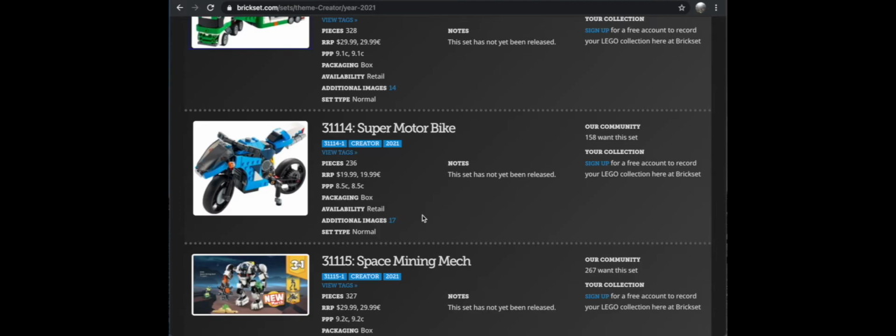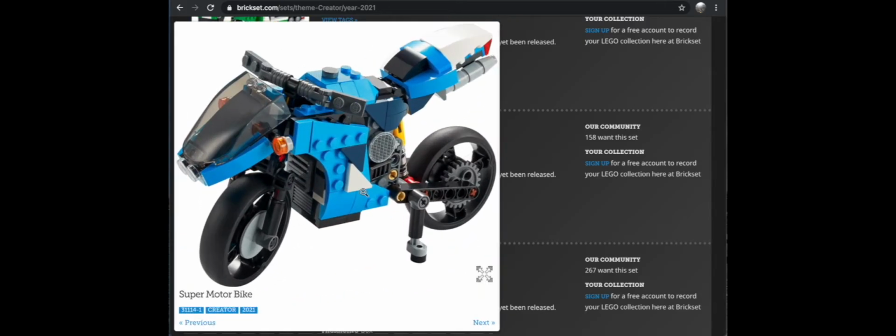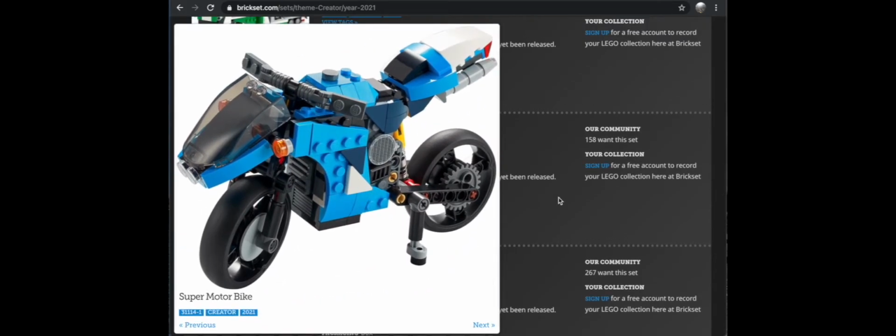Then there is the Super Motorbike. This is 236 pieces and will retail for $20 US. This one, I'm undecided on if I want to get it or not, but I really like it. Again, it's different enough. It actually really strikes me, and you can even see that there's some of these Technique pieces in the body there, because it does remind me a lot of Technique motorbikes. And I think that's a good case in this scenario, because you don't really get any regular